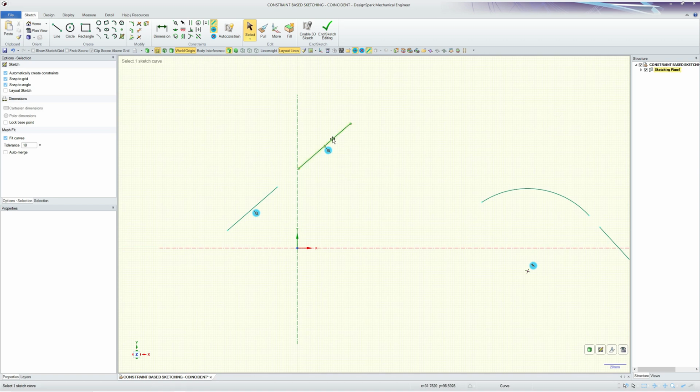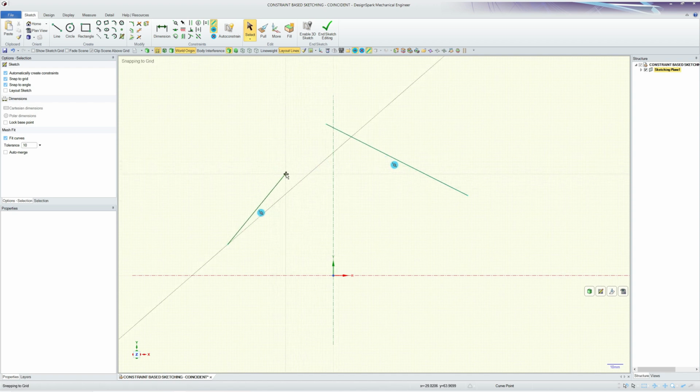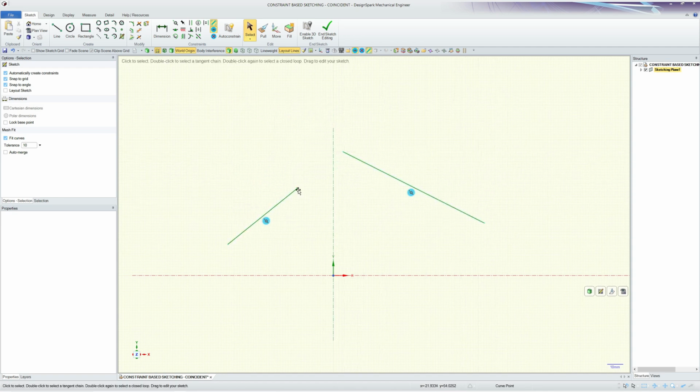Now with two lines, coincident also means collinear. So as you can see, the lines are now parallel with 0 offset distance between them. Also, I can constrain the curve end onto the curve with this point now collinear with this line. So if I now move this, as you can see, this happens. And if I now move this, and if I reposition the curve end,